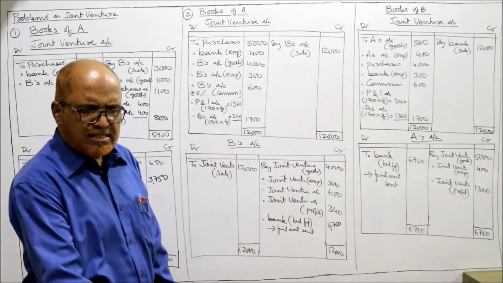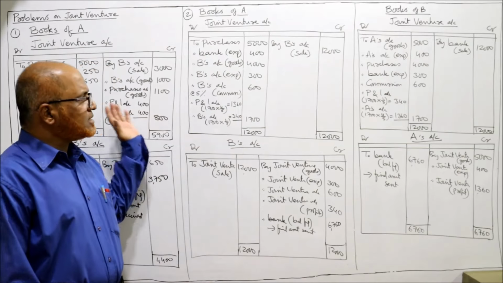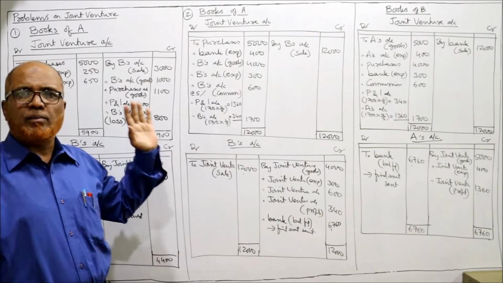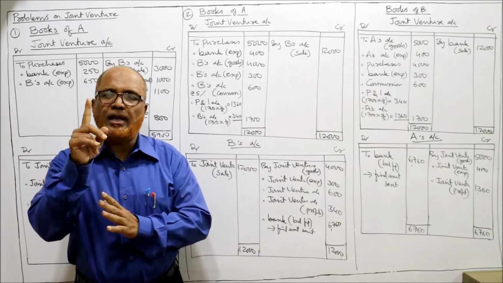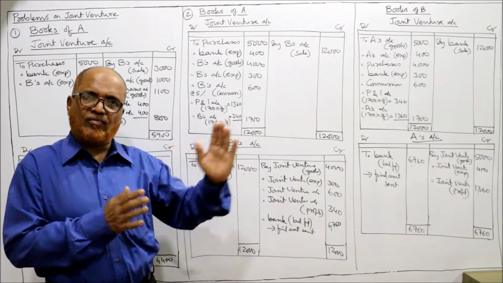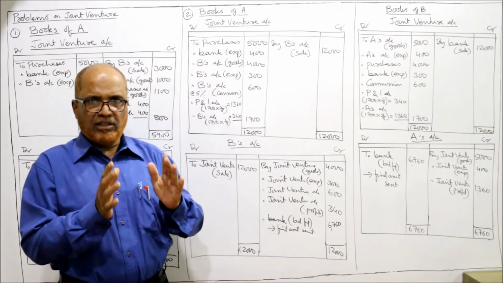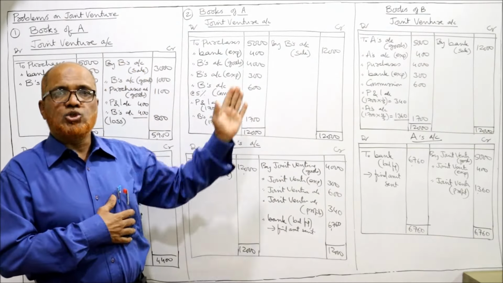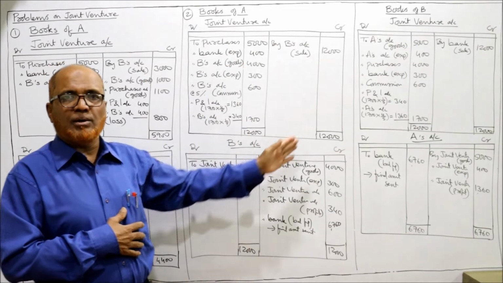So these two are the basic problems of joint venture. Exactly similar to the previous problem. In the first problem, we have prepared the accounts only in the books of A. But in the second problem, we have prepared the accounts in the books of A as well as in the books of B. In the books of A, joint venture account and B's account. In the books of B,